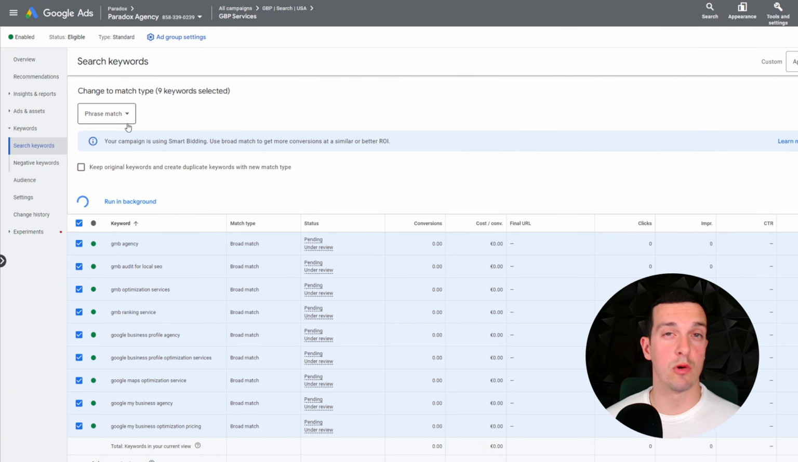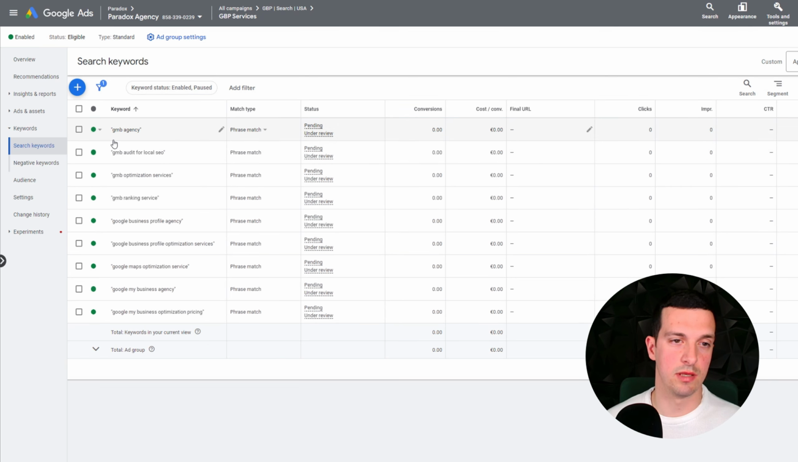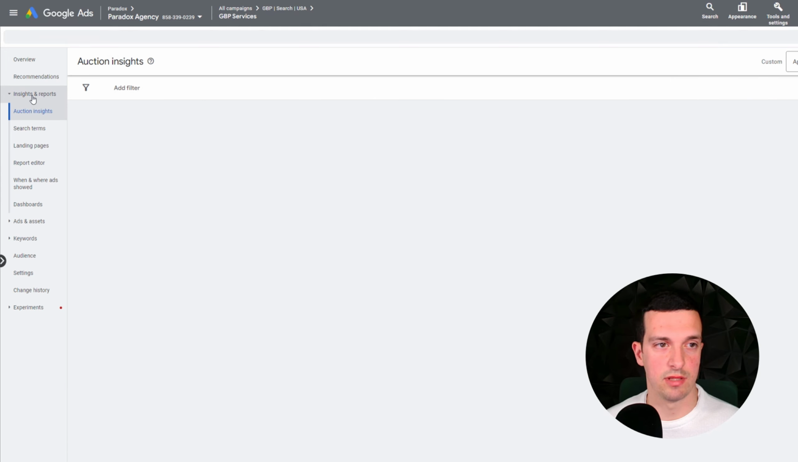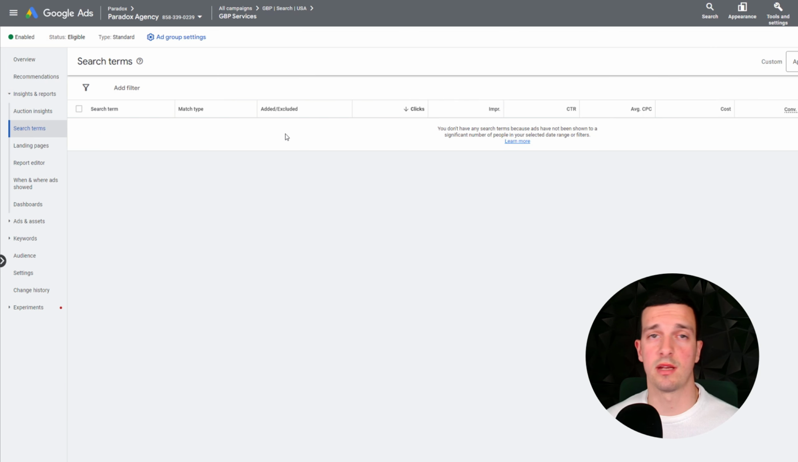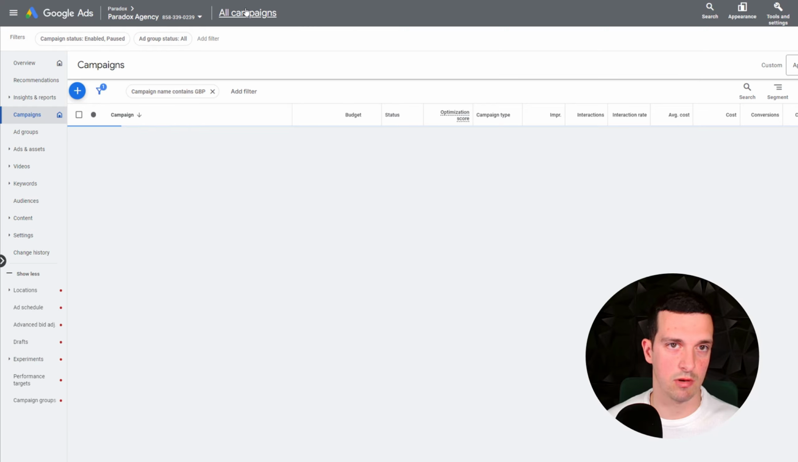And this will keep more control with us, and basically someone needs to type in these or really similar keywords, and then later we're going to be analyzing everything in insights, search terms. Right now it's empty because we don't have any clicks, but I'm going to show you how to do all of this. So if you get lost, where are you? You can always click all campaigns,